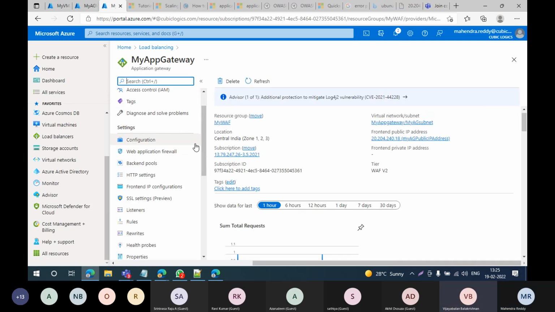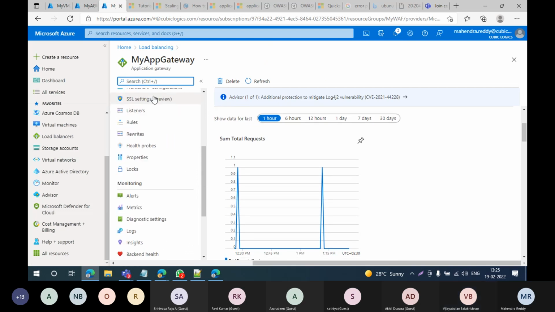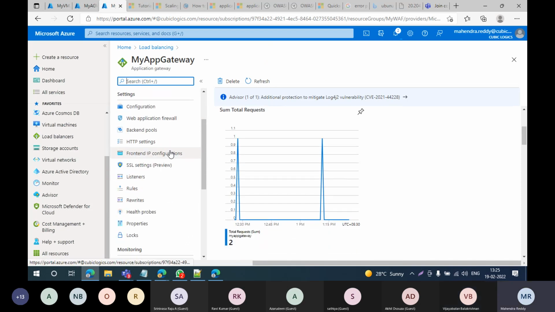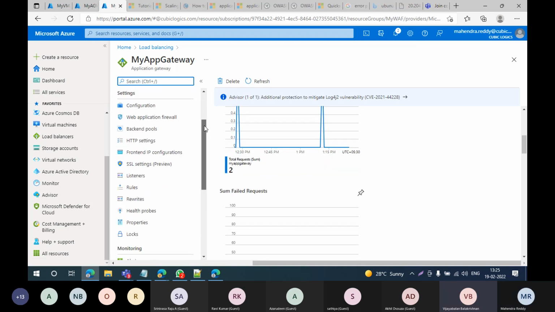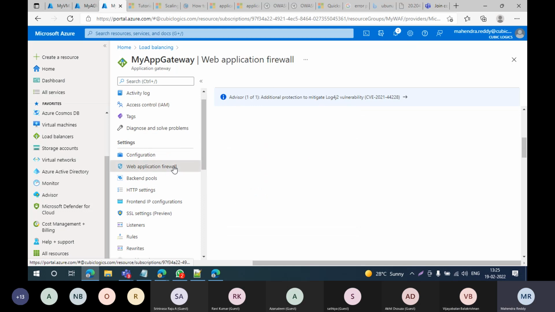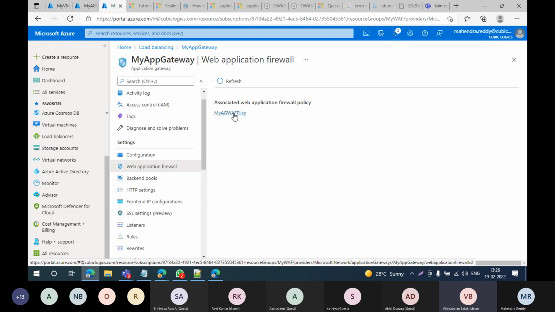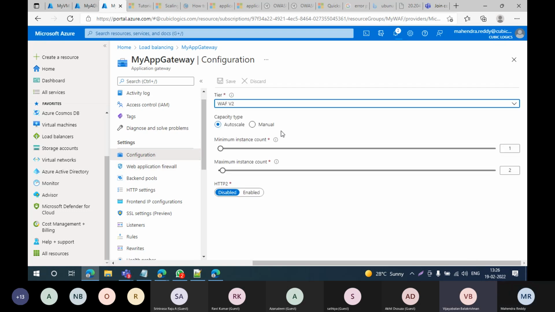Go to web application firewall. On the left hand side, in settings, it's the second option. My mouse is behaving strangely. Here you have the web application firewall policy which was created, correct? Yes. You can also go to configuration, where you can even write rules, and you can select the tier according to your minimum requirement. You can even amend it later also.